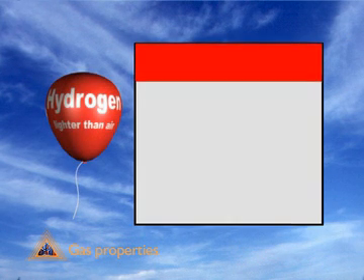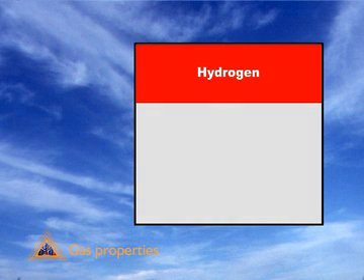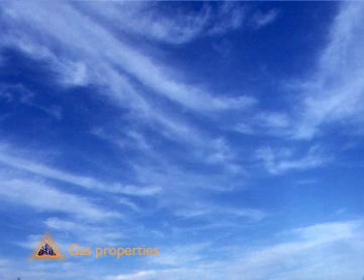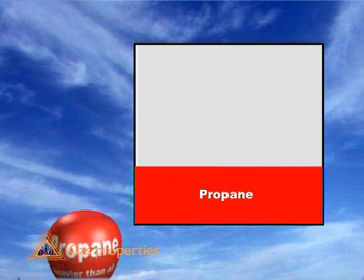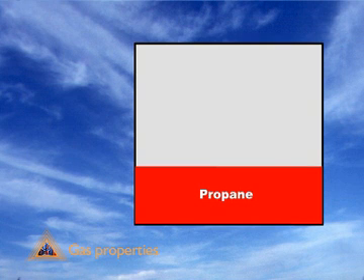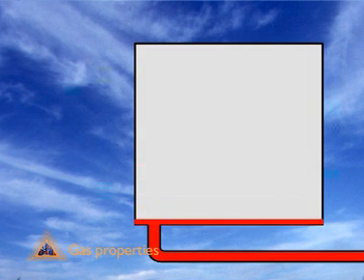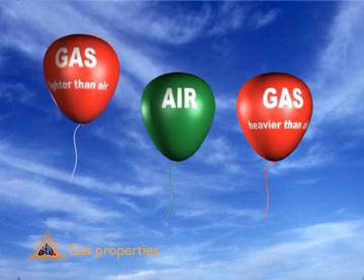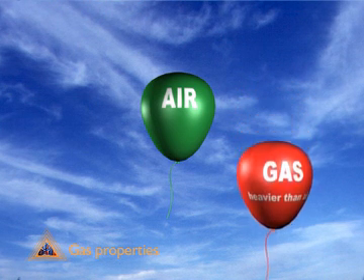Gases lighter than air, like hydrogen, will tend to move to the highest point in any enclosed space and will collect there unless ventilated at high level. Gases that are heavier than air, like propane, will collect in low-lying areas, and for this reason they should be used and stored well away from drains or ducts where they could collect if a leak occurs. Remember, if the density is lower than air, the gas will rise, and if the density is higher, it will fall.